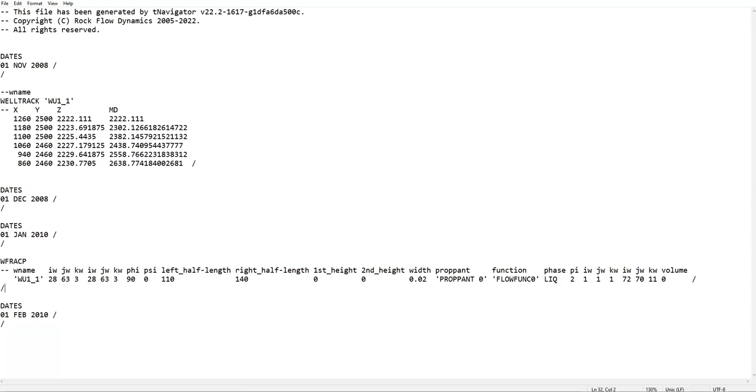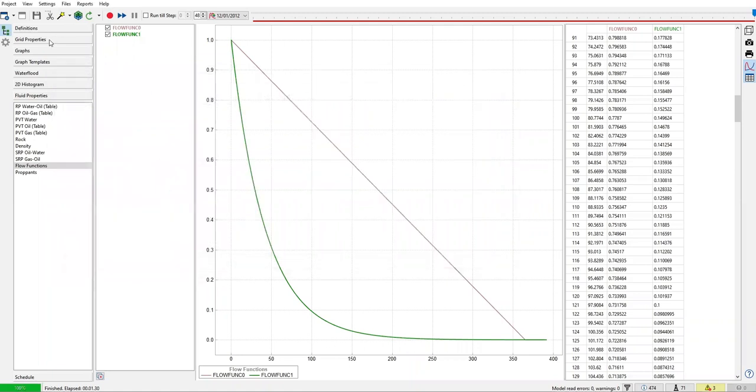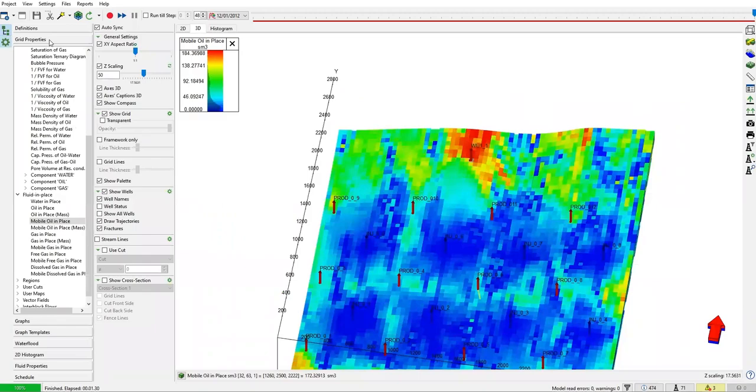Okay, and maybe one last thing, or maybe the last two things I'm going to show you. Okay, I'm going to close this one first. Let's see the streamline. So go to grid properties,